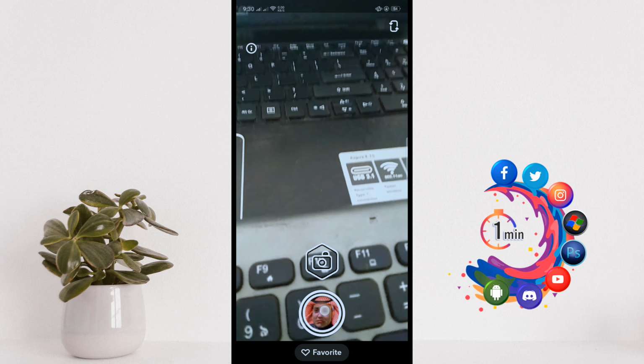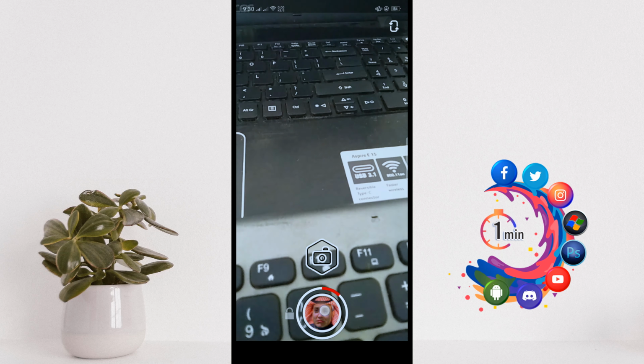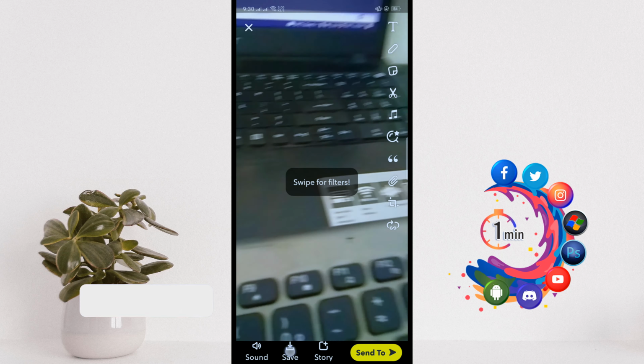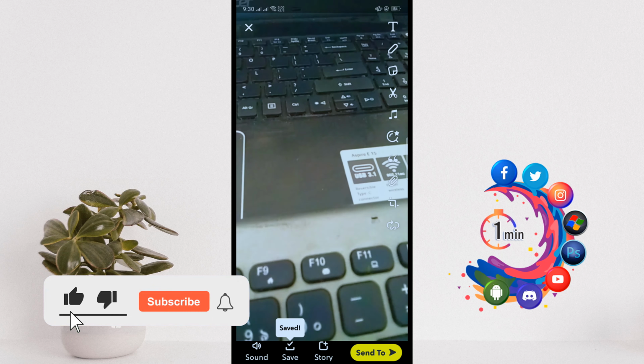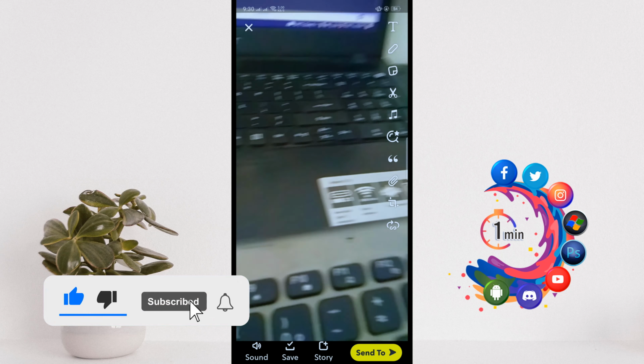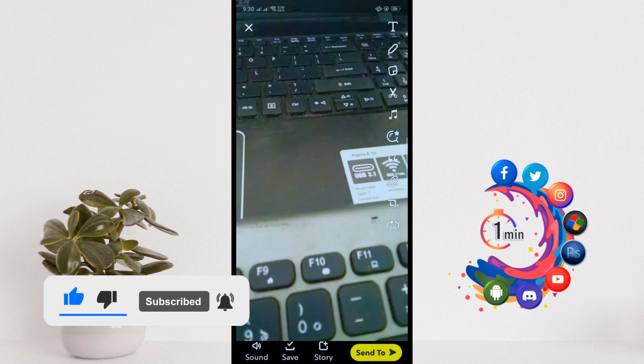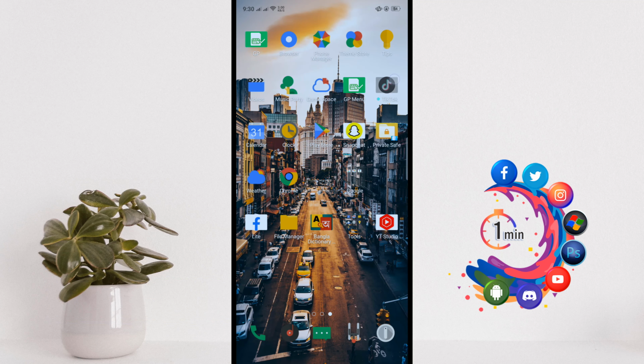And after that tap on this filter to record your video, and then you will need to click on save. So save this video on your gallery and then open your TikTok app